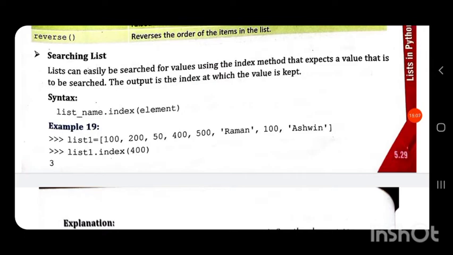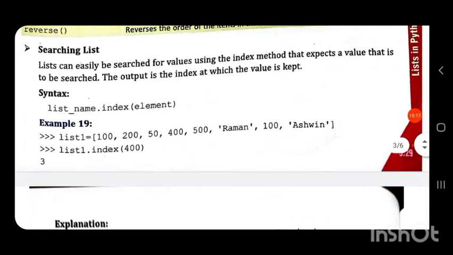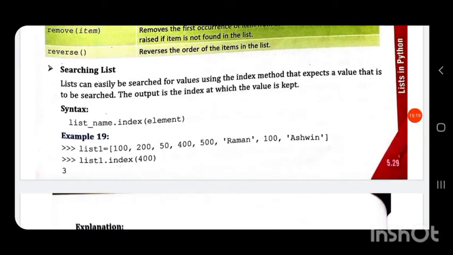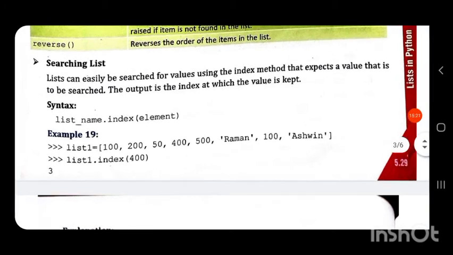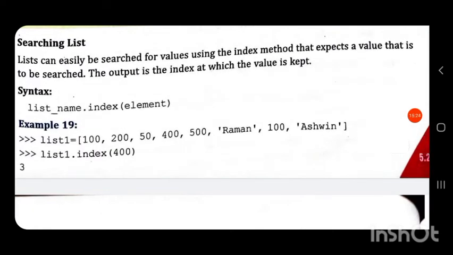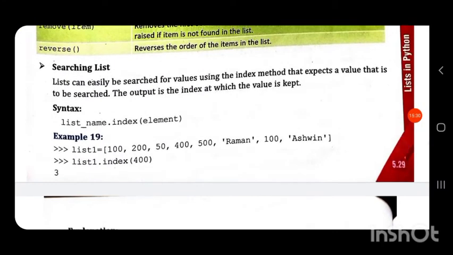So list1.index(400) will return the position where 400 is located. 400 is located at index position 3. 100 is at index position 0, 200 at 1, 50 at 2 and 400 at index position 3.